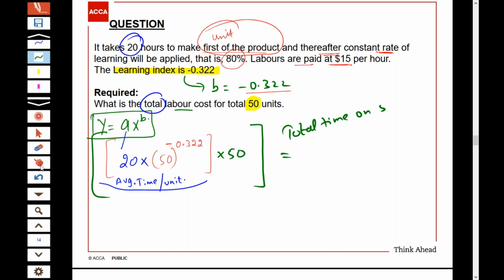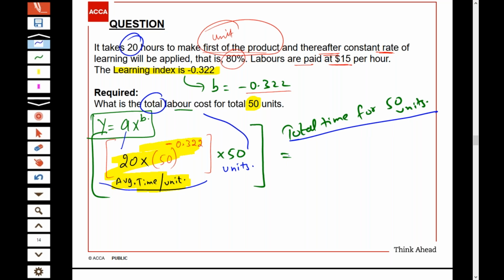Total time for 50 units. The total time for 50 units, because this figure is the average time per unit, and you will multiply by 50 units, you will receive the total time. Okay, now the total time for me is 50 power minus 0.322 multiplied by 20 multiplied by 50. It is